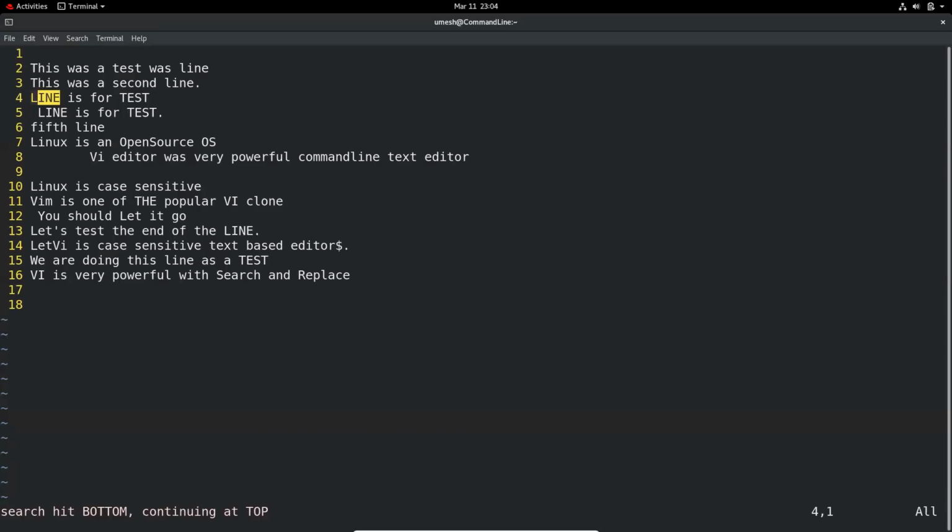But if I want to, let's say, find the line on number 5, then what I should do is /, and it doesn't matter what word, so we just use a period, then line, and it should be at the end of the line, $. So it just displayed that number 5.